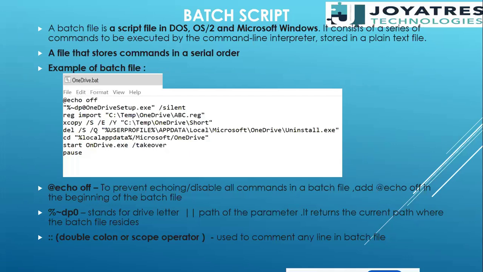After that, we have given %~dp0, which I just explained to you. D stands for drive letter, P stands for path of the parameter. It returns the current path where the batch file resides. This is one of the interview questions, where they ask that if you are going to create a batch file, how are you going to call the exe file, the set of files or the binary files, whatever term they use. So you have to say %~dp0. The second line of the screenshot has double quotes, %~dp0 and then OneDriveSetup.exe. Whatever exe you are going to use in your package, that exe you have to give,